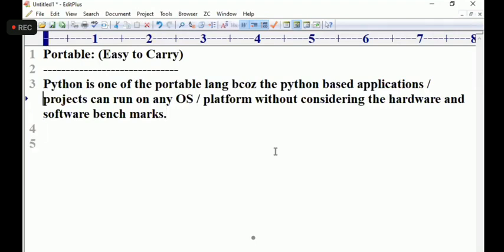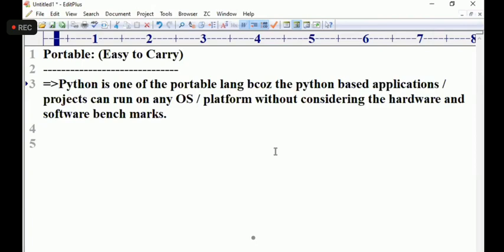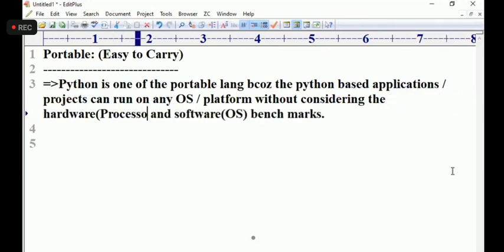That's a perfect sentence. Sir, what do you mean by hardware? What do you mean by software? I can explain quickly. OS is one type of software. Any OS it can run. Hardware, if I take any type of processor, according to the manuals released by ROSM, they said this phrase, hardware and software benchmarks. Hardware is nothing but the processor. We can touch and feel it, or not. On any processor, our Python-based application can run. That's why it is known as a portable language. Am I clear about that? Yes. Now, next,